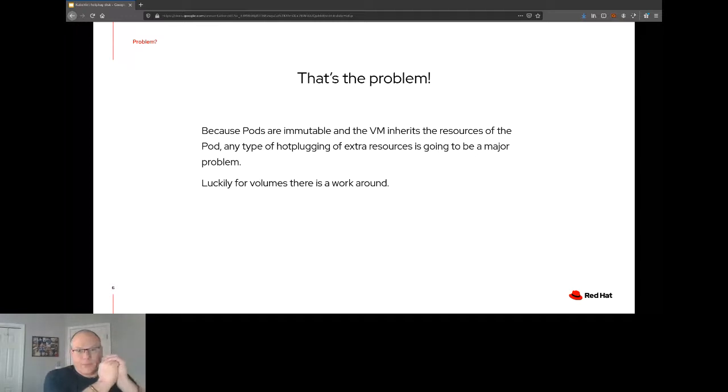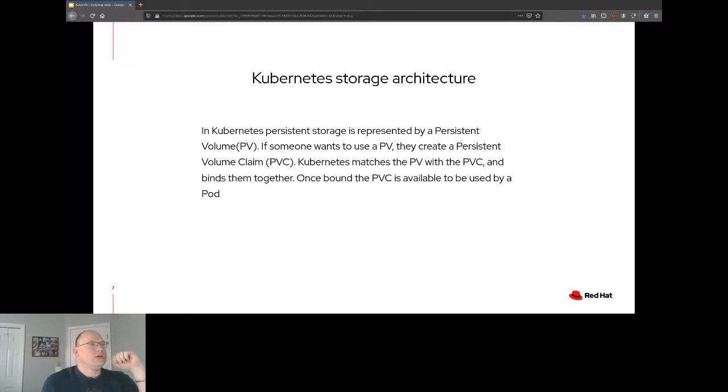All right, well, I went ahead a little bit here, but for volumes, we managed to think of a way to bypass this problem. And let me start with explaining how storage works in Kubernetes, and then we'll go to the solution. So storage in Kubernetes, volumes are represented by persistent volumes, and if somebody wants to use a persistent volume, they make a claim. Once the claim is created, Kubernetes will match it up with a persistent volume, bind them together,